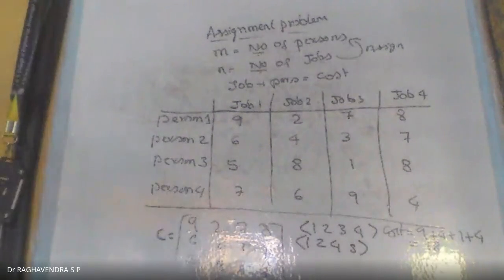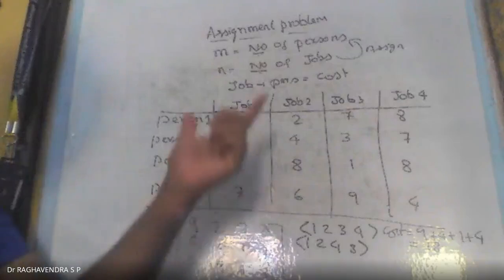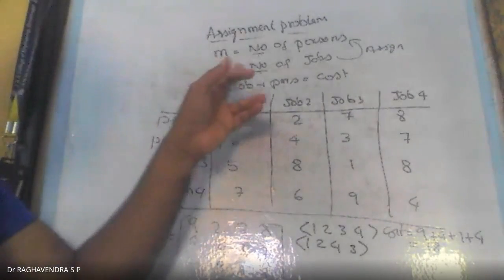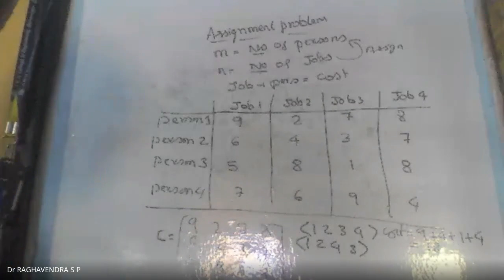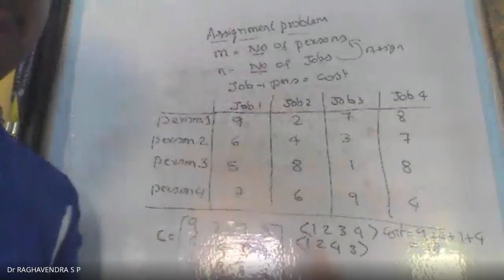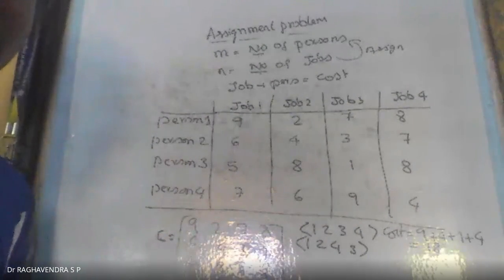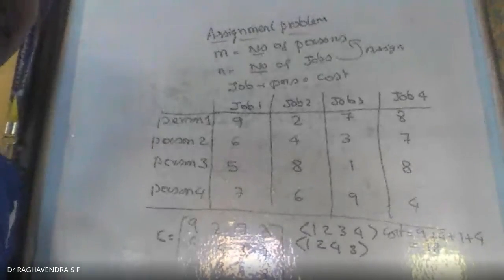So the assignment problem is nothing but we have m number of persons, laborers who are ready to work, and we have n number of jobs, meaning the jobs that have to be accomplished. The objective of this problem is to find the best optimized combination in such a way that the cost of assigning